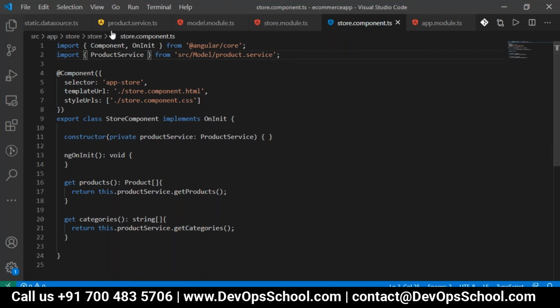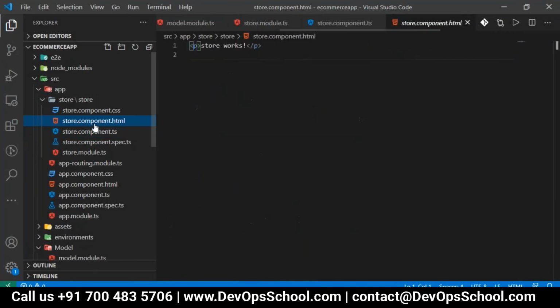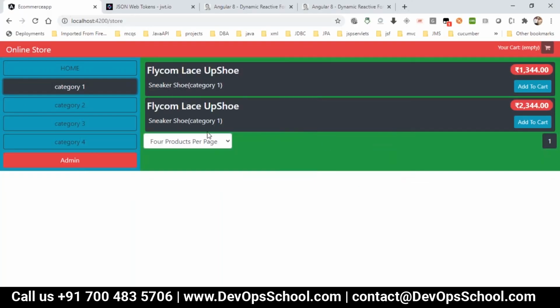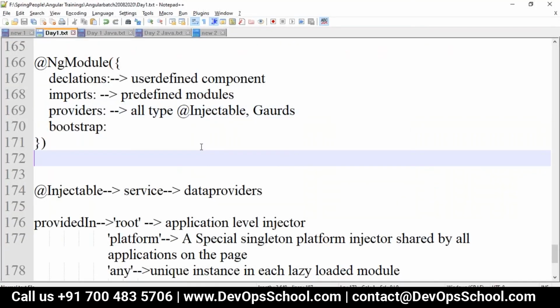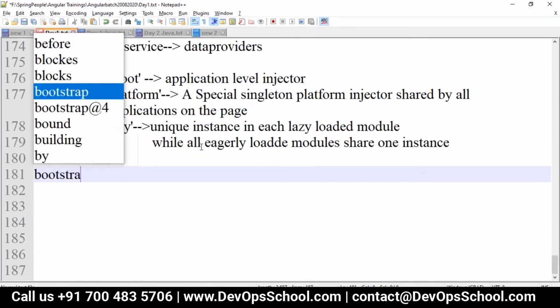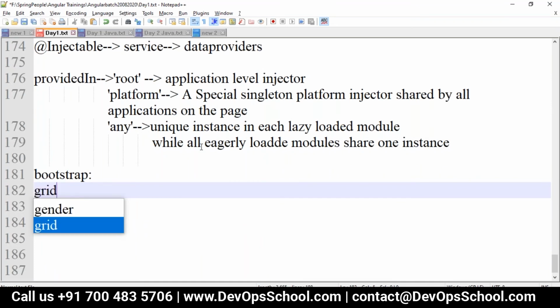So now where do we want to go? To the component TS. Here, where you want to display your code, this is my displaying part. I want to divide my page into two parts, and with Bootstrap there is a grid system, which has 12 cells or 12 columns.